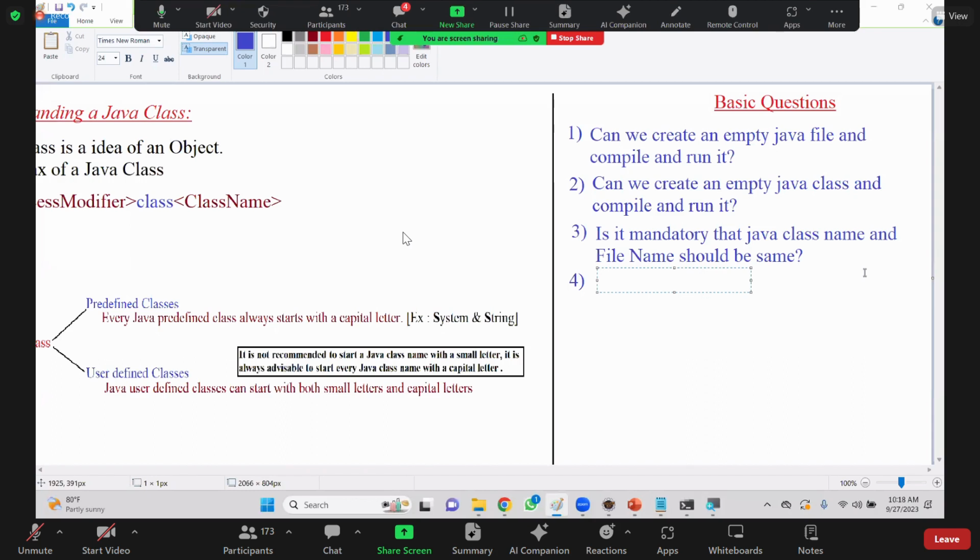Okay. Now, please tell me about methods. How many types of methods are there? Take a minute. How many types of methods are there? Look and tell me. Feel free. Check it. Methods. How many types of